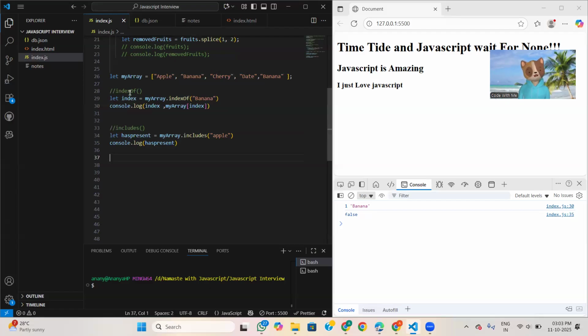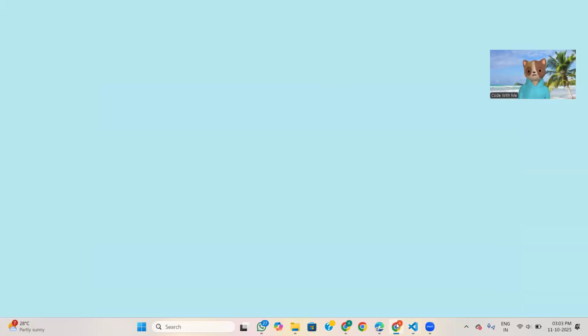The find method also works the same as indexOf. It will return the first element in the array, the same as indexOf. So see here, first I will search.